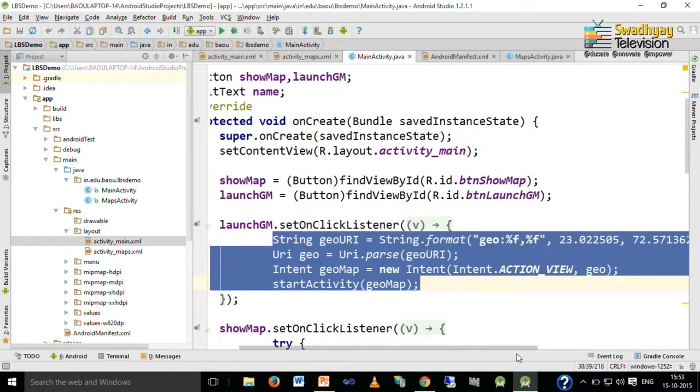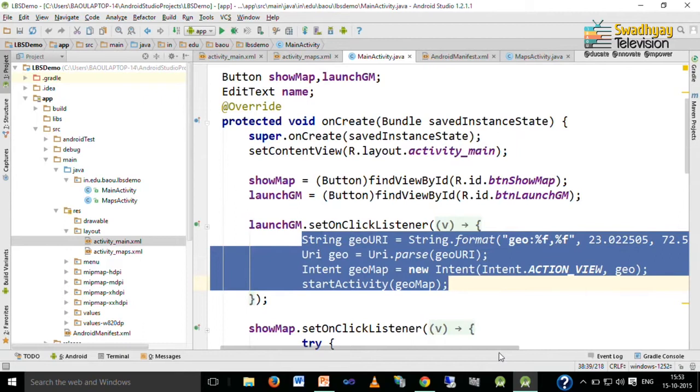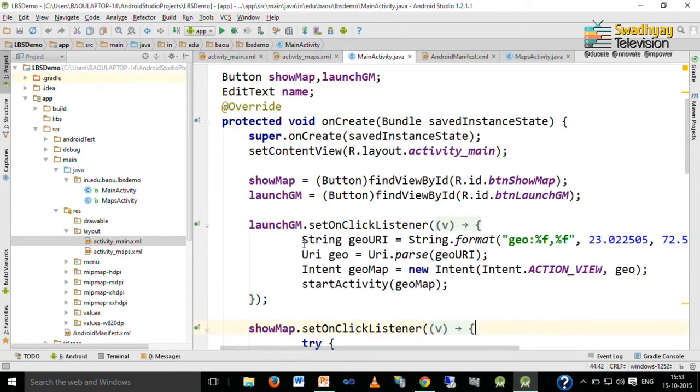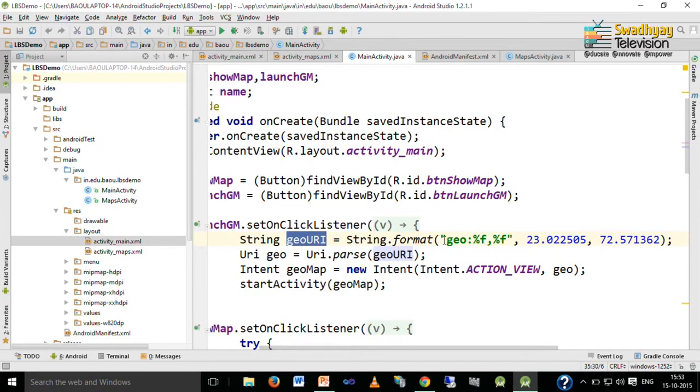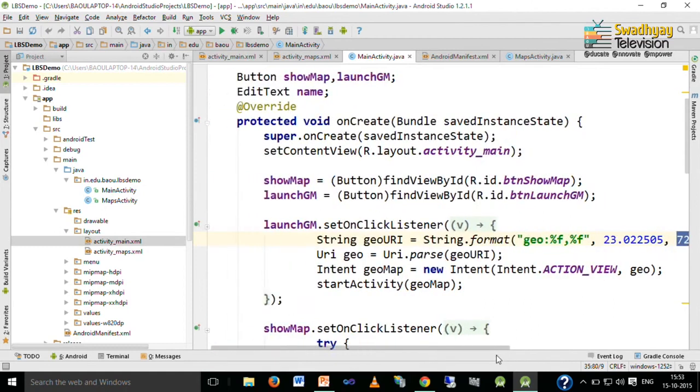Now, here I have used fixed longitude and latitude for displaying on the map. Here I created one string with the name GeoURI, and its format is geo colon and then latitude and longitude. This is the latitude and this is the longitude for Ahmedabad in Gujarat state of India. So, this GeoURI represents the URI of our